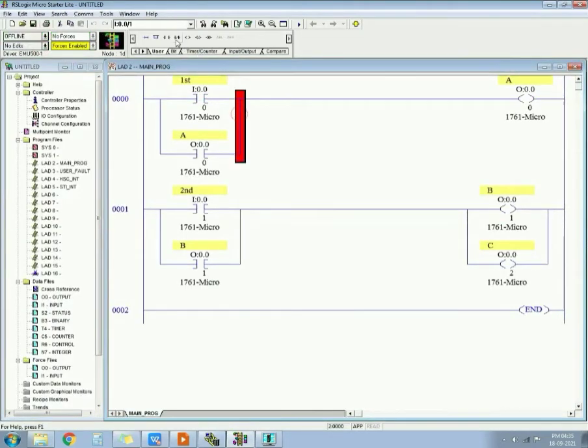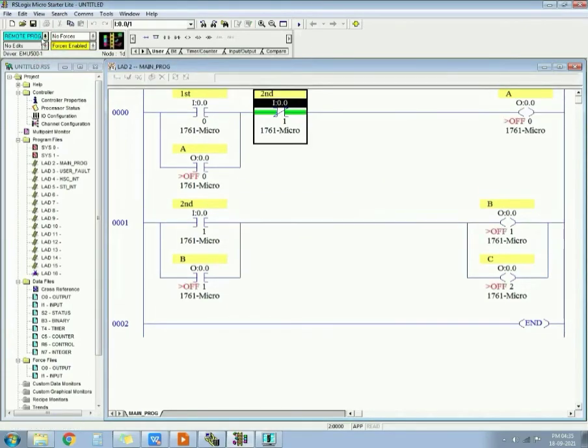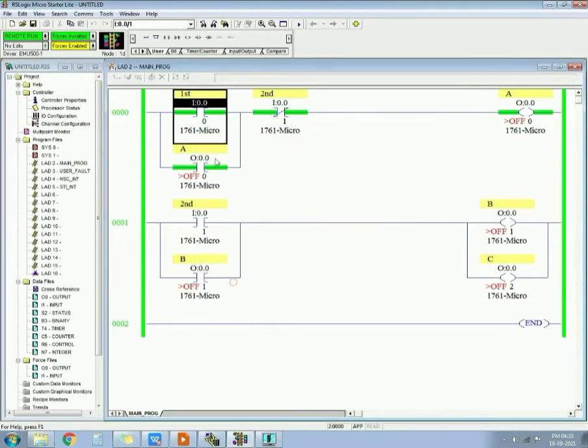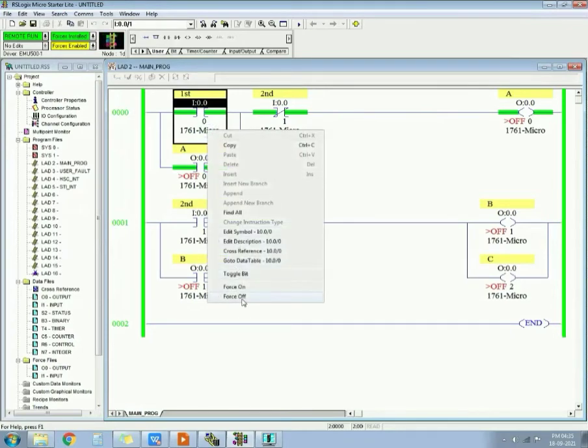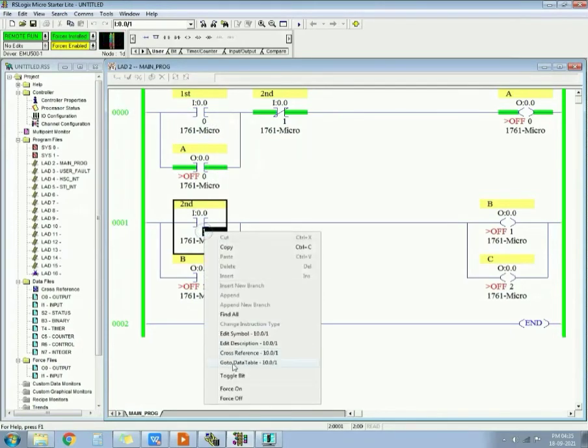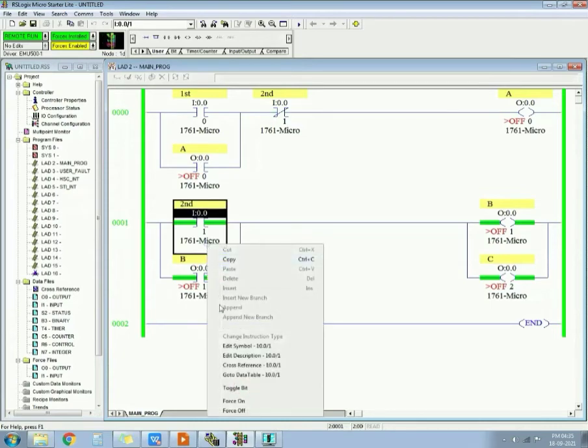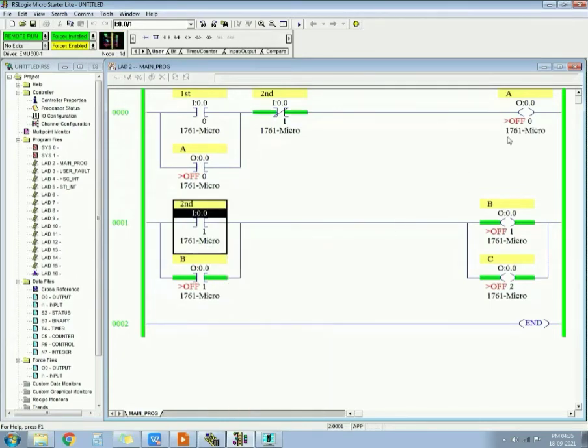So I will use an NC over here of the second push button, so it will break the latch for output A. Okay, so you can check. When the first push button is pressed, output A gets on, correct. When the second push button is pressed, B and C get on and output A gets off.